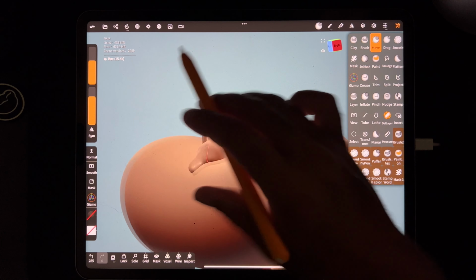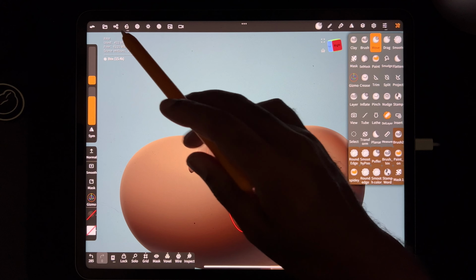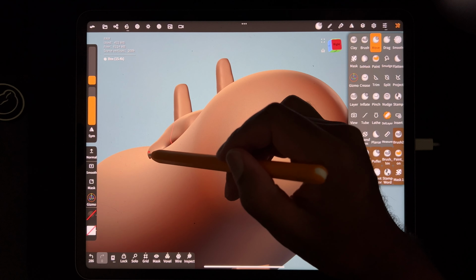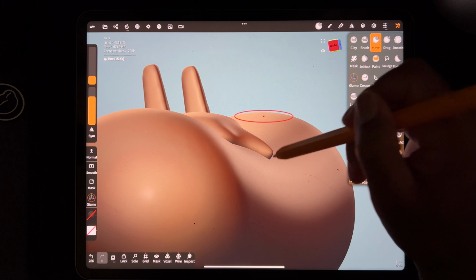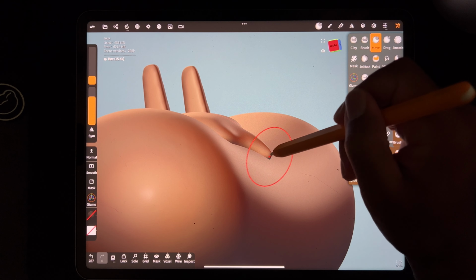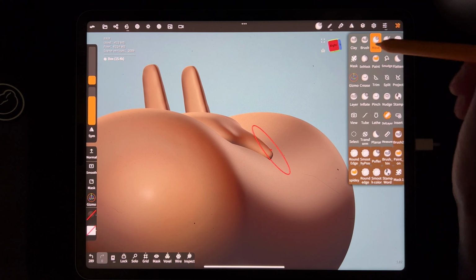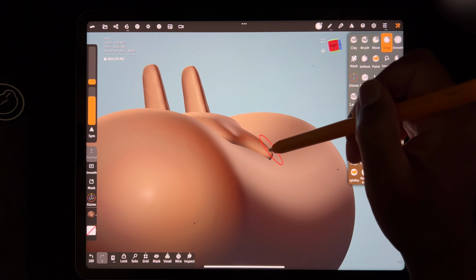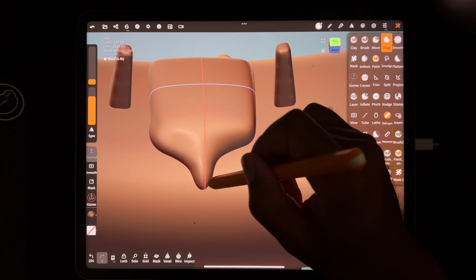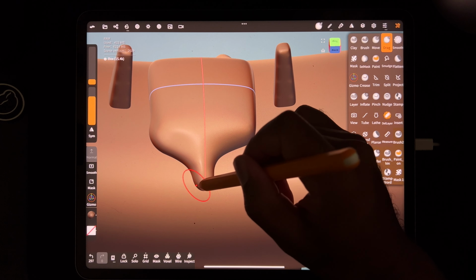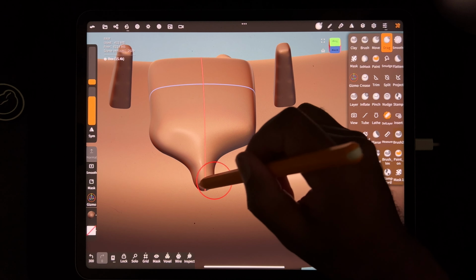So I'm going to use move. You can use move or drag. But when I do stuff like this, I like to push it a little bit into it, so it doesn't have this like bridge. Like it should just be, let me use drag. I want this to be like nice and round. Yeah, something like that. And I actually want it to be a little bit more wide at the bottom,